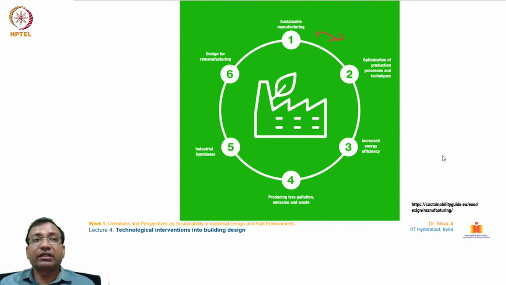So if you see on this slide, it talks about this in a cyclic way. How sustainable manufacturing leads to optimization of processes, production and techniques that will lead to increased energy efficiency of the overall demand which that industrial unit is putting up, finally resulting in producing less pollution, emissions and waste, finally establishing an industrial symbiosis, and design for remanufacturing. Again, we should be able to handle our byproducts and the outputs,